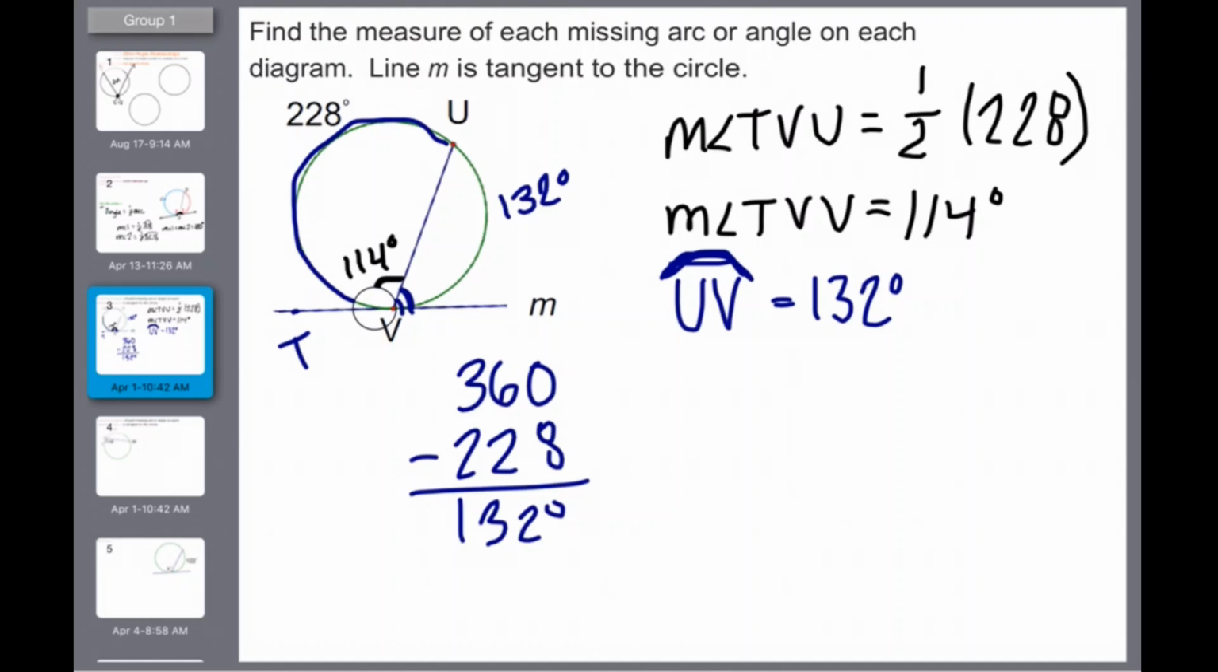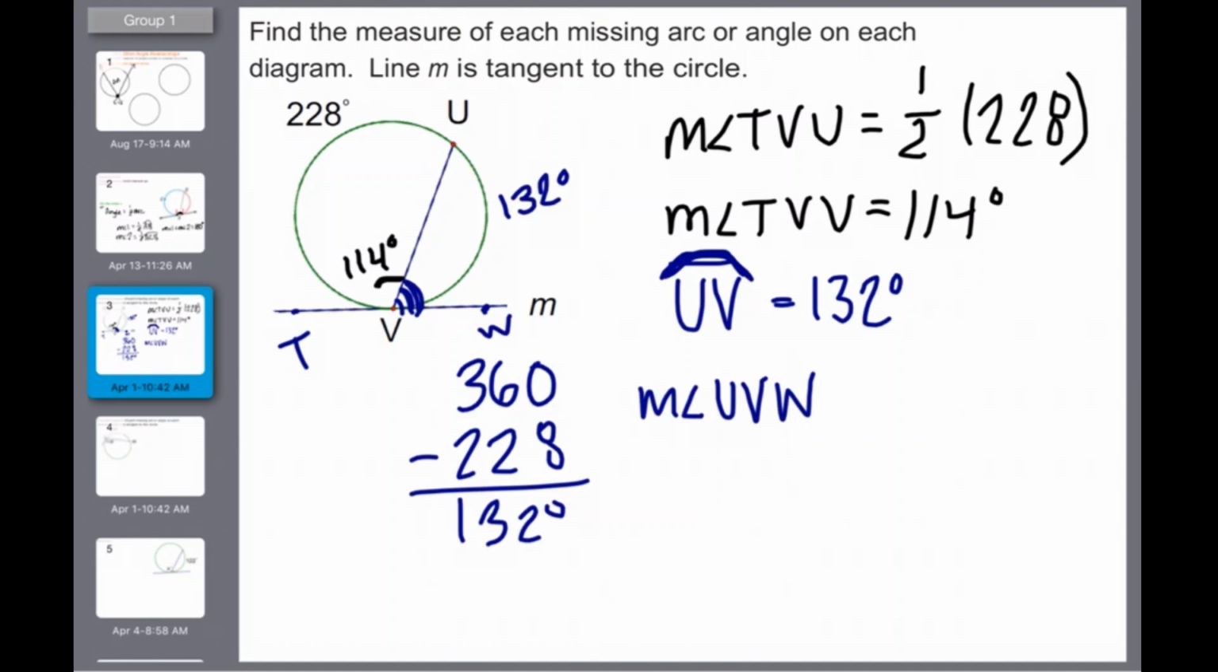Again, because it takes up the rest of that 360 degrees. All right, and then we can do the same thing here for our angle down here, this one. And so let's put W right here for a point. So now if we're talking about the measurement of angle